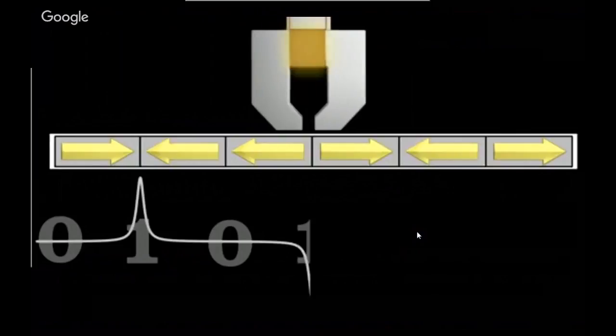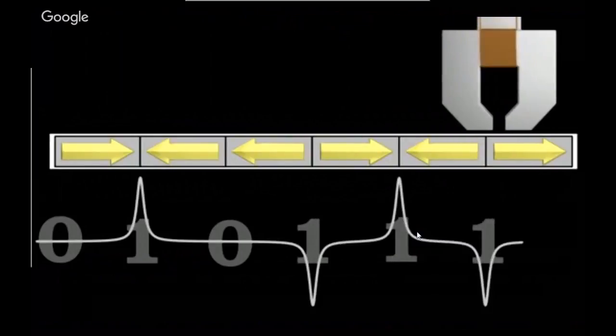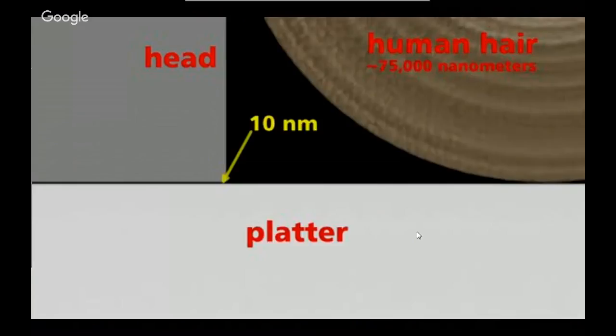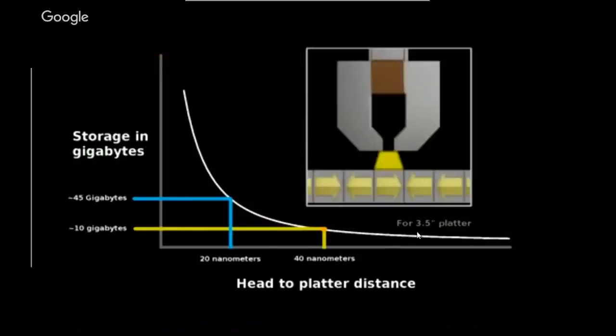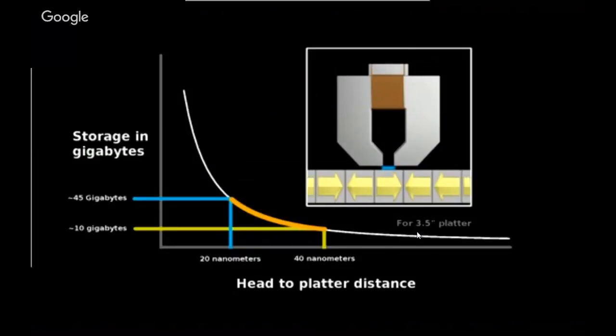The spikes, both negative and positive, represent a 1, and when there is no voltage spike, that corresponds to a 0. The head gets astonishingly close to the disk surface, 100 nanometers in older drives, but today under 10 nanometers in the newest ones. As the head gets closer, it covers less area, allowing for more sectors of information to be packed onto the disk surface.